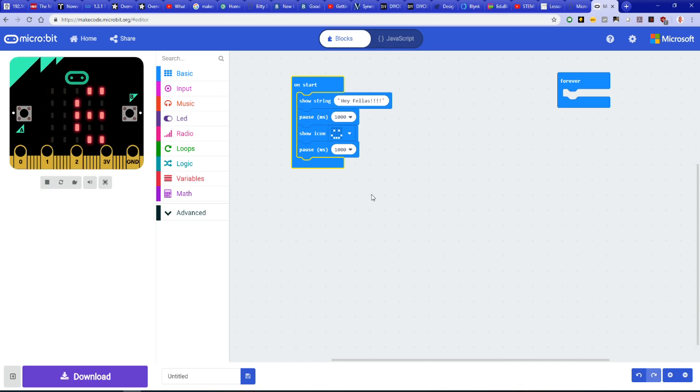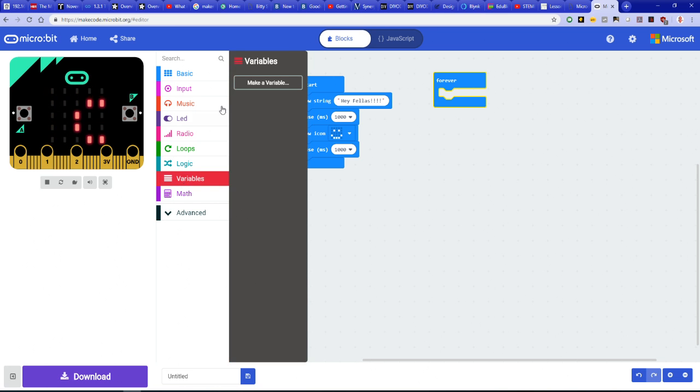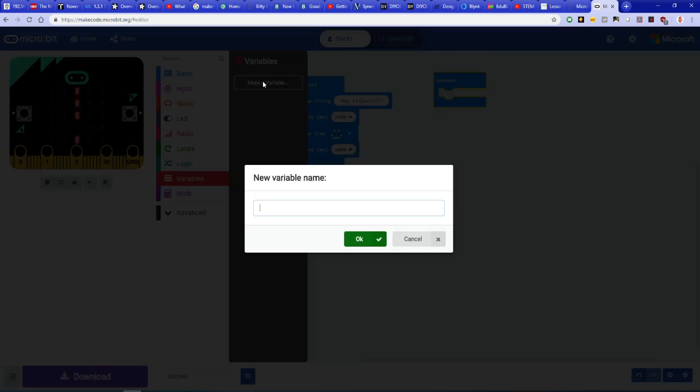So what we will do now is, that was the initial block. Now let's put the game together. Once it's run the onStart block, we want it to run the game. What we're going to do is make a variable, and we'll call the variable,